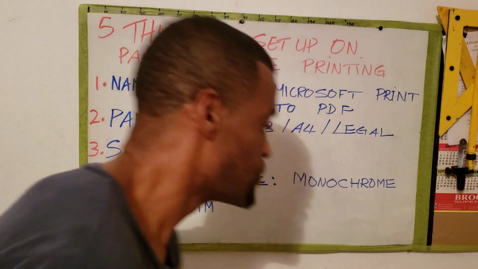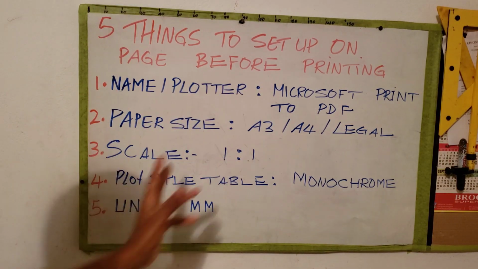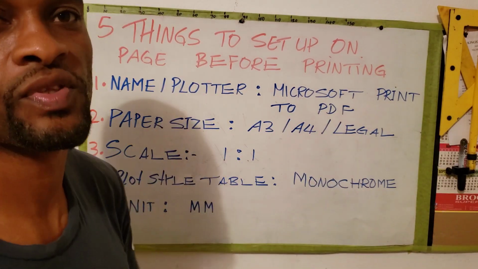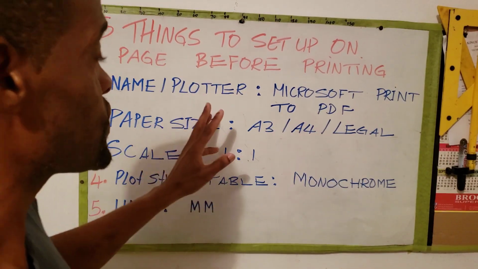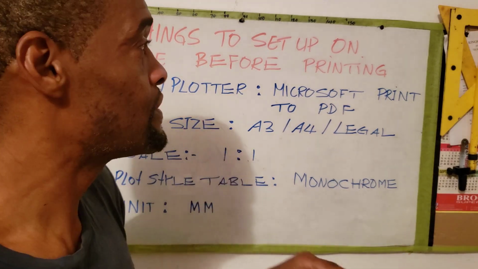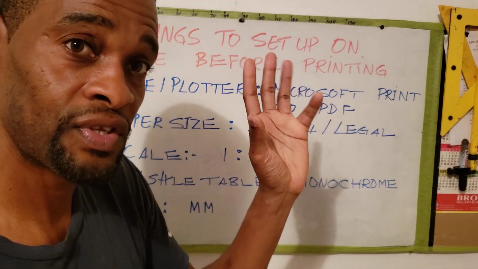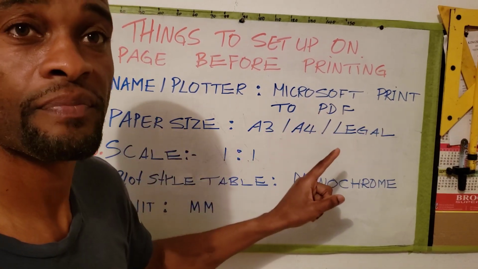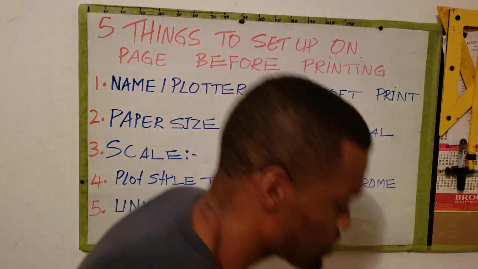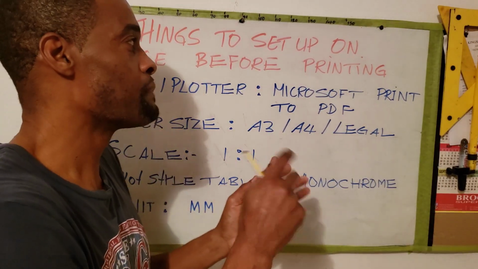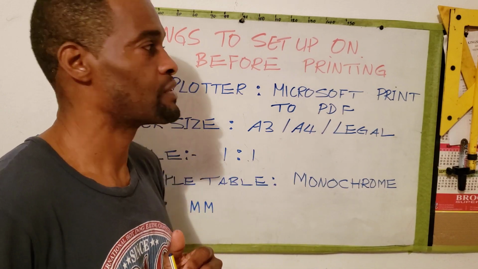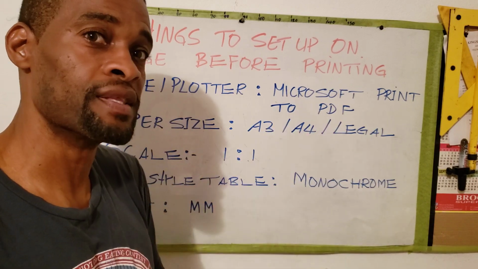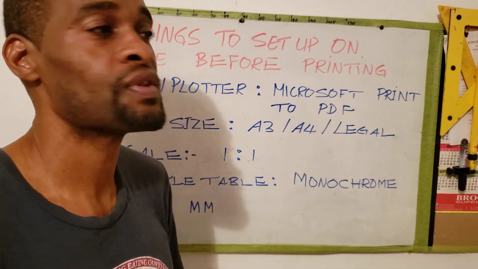The next thing you want to do is to start changing these, right? First thing you need to determine is the printer that you're using, right? If it's for the school system, or if you're doing CSEC, or you're printing a drawing at your house, you'd want to choose Microsoft Print to PDF. What this does, this restricts the choices to, I think it's about 6 or 7. It will only give you papers that can be printed on your regular printer in your house or